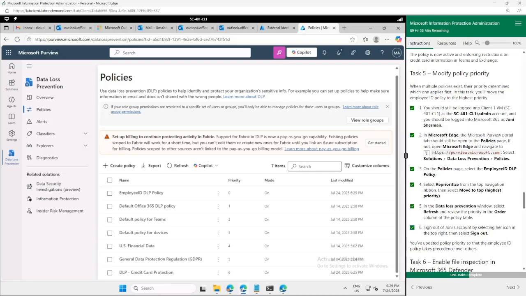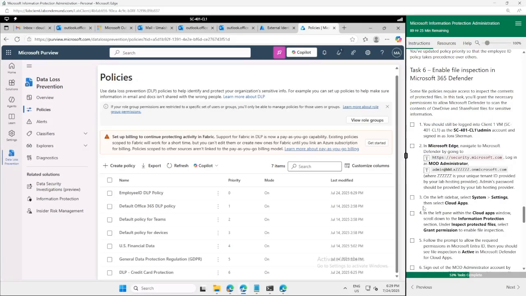Now, if you notice, they want us to sign out with Joni's account, but I have used the administrator account. Just make sure that whichever account you're using, you have the right permission. Moving on to task number 6, enable the file inspection in Microsoft 365 Defender. Here you will grant Microsoft Defender the permission needed to scan OneDrive and SharePoint files for sensitive data like credit